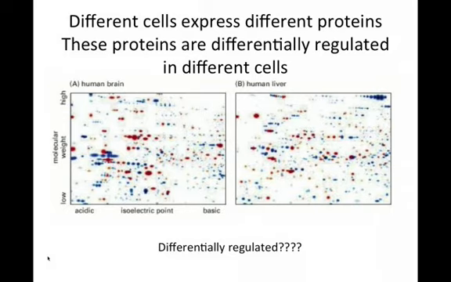So these are all ways that proteins are modified that help to affect their function, or totally change their function. And you can see here, see how there are 1, 2, 3, 4, 5 spots in a row? They're all the same molecular weight, but the only difference is their isoelectric point, and they're getting more acidic as you go to the left. So it's likely that this has been modified in some way that's affected charge. So different cells express different proteins that are modified differently. And this is all because cells do different things and need proteins that are regulated to do different things at different times in different places. Okay?